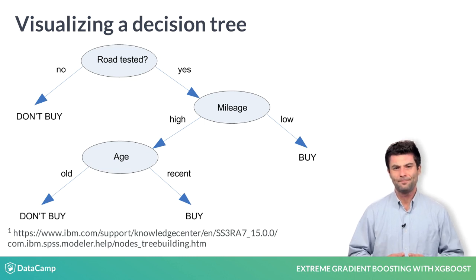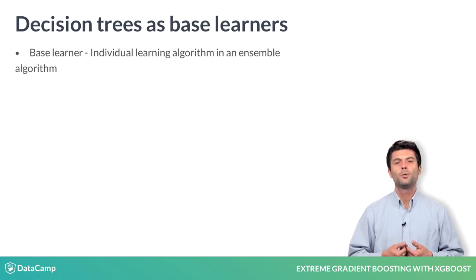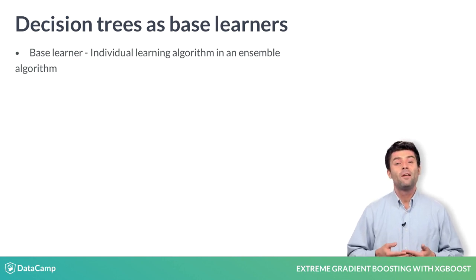The concept of a base learner will be covered more extensively later, but for now, just think of any individual learning algorithm in an ensemble algorithm as a base learner. This is important because XGBoost itself is an ensemble learning method in that it uses the outputs of many models for a final prediction. Anyway, as you saw in the previous slide, a decision tree is a learning method that